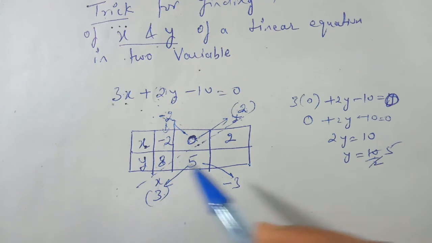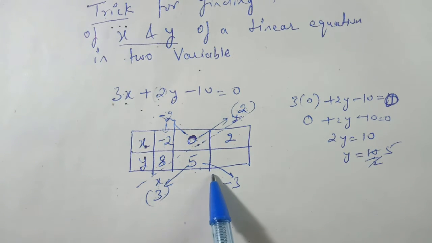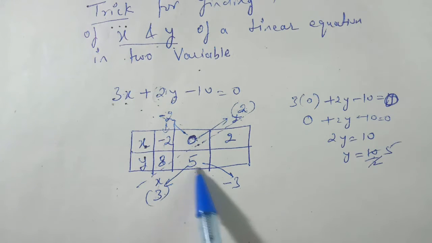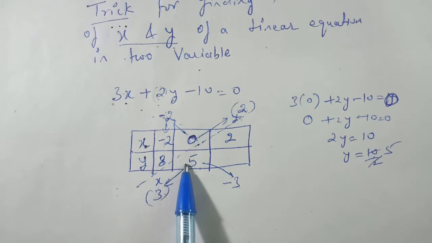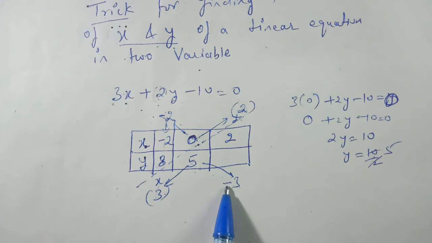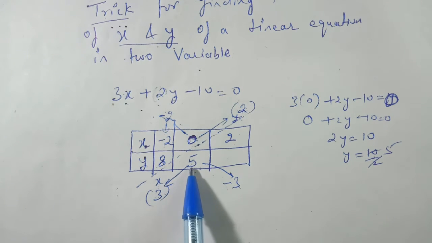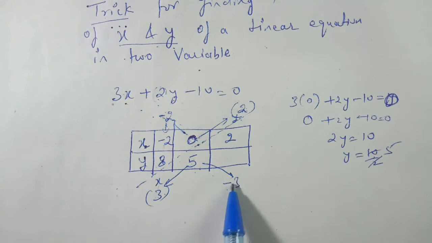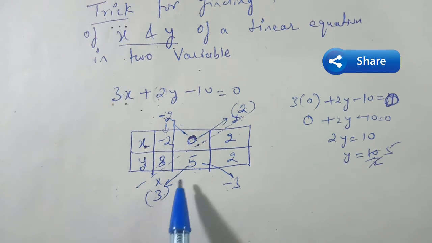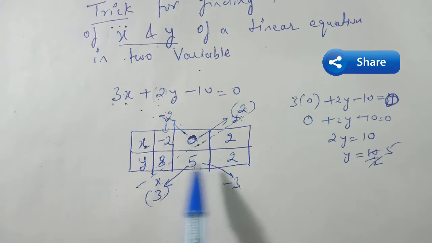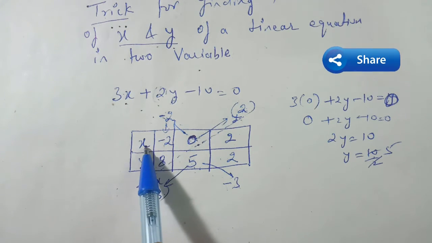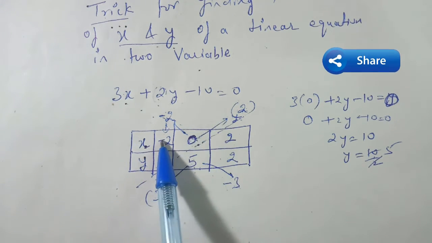The sign rule you have to keep in mind. 5 plus minus 3, we have to add both of them. So when we are adding both of them, check their sign. This is in positive sign, this is in negative sign. Both of them are in opposite sign, and we know that opposite sign numbers are subtracted. So we have to subtract 5 and 3. This will give 2, and the greater number is 5, so this will be in positive sign only. So the other values of the linear equation are minus 2 and 8.